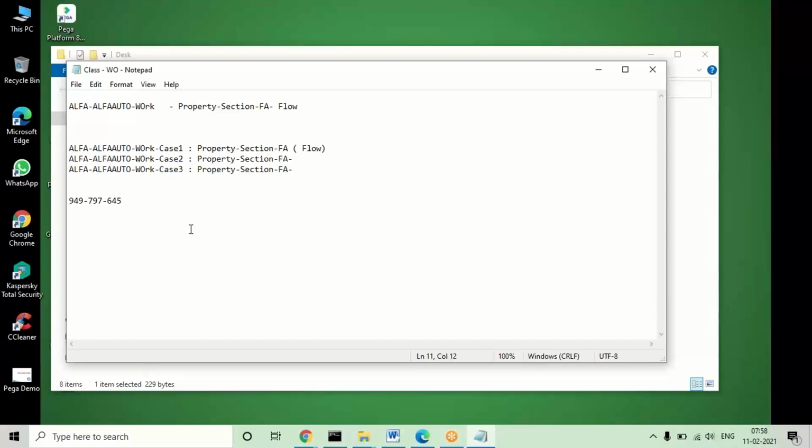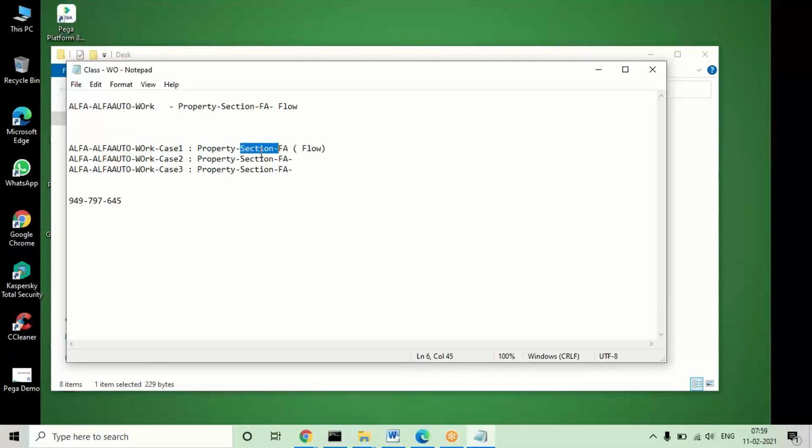See, first of all, when modules are not there, we can always execute in the parent class. But once modules are created, the design, that is the properties, section or flow action, will be created in the subclass. Under the work layer, if you define any subclass, it is a work class. So under that only we will be creating properties and sections.